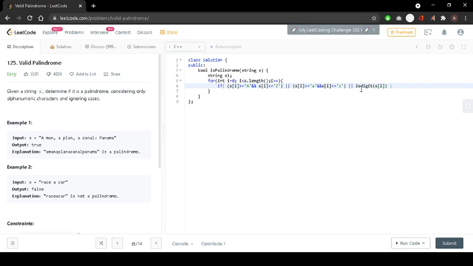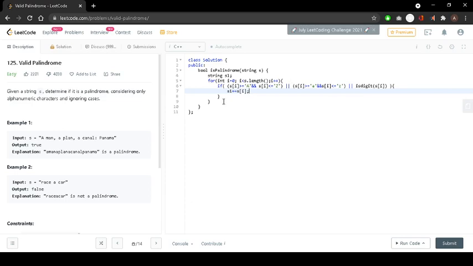So if any of these conditions match, whether it is a digit or an uppercase or lowercase character, then we will store it to our string s1. Here I am using concatenation for adding it to the string. There is another method too, that is dot push_back. We can use push_back, or we can use dot concat to add to the string, I think. But I found concatenation by plus sign easy, so I am using this right now.